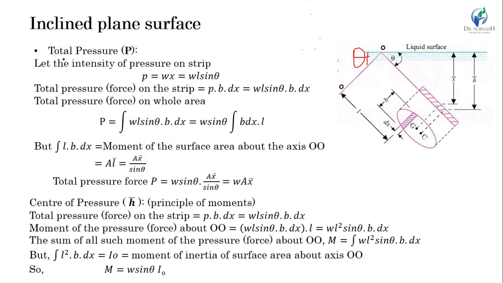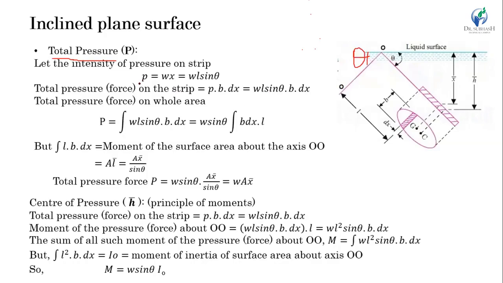So let's start. First, we will find the total pressure force acting on the strip. Again, let's consider a small strip having an inclined distance dx, not a vertical distance here. Inclined distance dx at an angle theta with the free surface of liquid and width b, and which is L distance away from the surface OO, the surface we have taken as reference. And let's consider the intensity of pressure on this strip is P, or simply a small p.